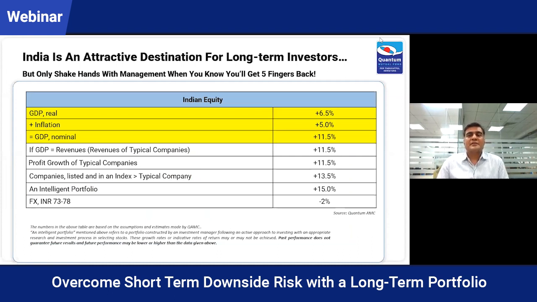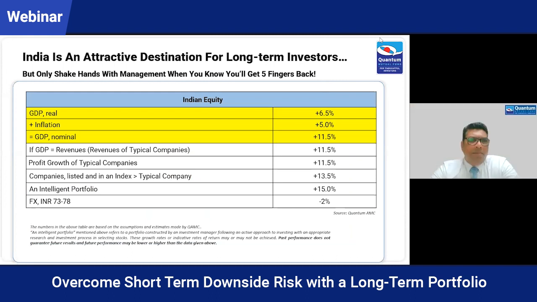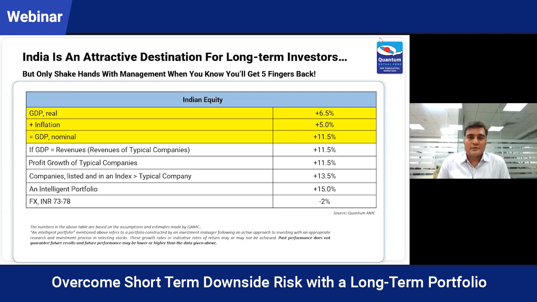And that has been the period where we have seen different interest rate cycles. There have been periods where FD rates were close to 12-13%. That was a period where mortgage rate was 18%. It has gone down to 6%. It moved up to 11%, now back to 7%. And it has also seen a lot of political and social events. We have seen prime ministers getting assassinated. We have seen a lot of coalition governments getting formed and dissolved. Within all those things, India has managed to grow at 6.5%.